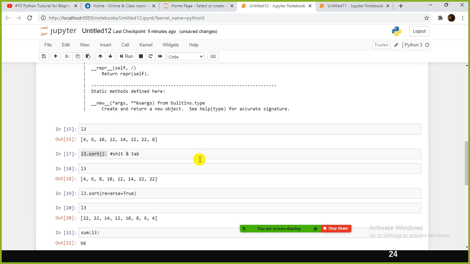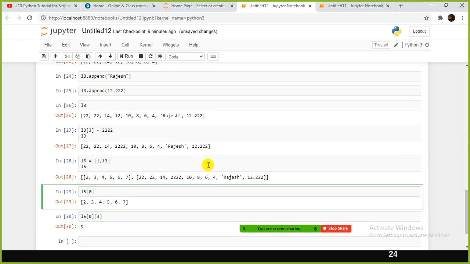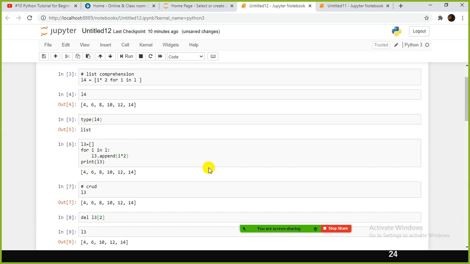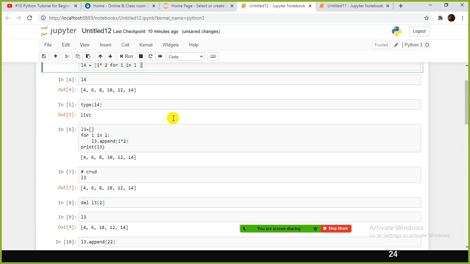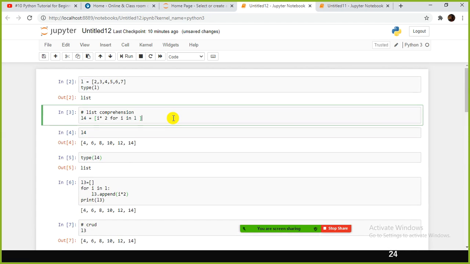So now you learned how to insert a value, modify a value, delete a value from a list, and how to clone a list, how to concatenate a list, and how to perform arithmetic operations, right? If you want to perform any arithmetic operation with a list directly, you cannot use a scalar value. Instead, one option is you can use a for loop, but for a for loop you need to write 3 to 4 lines of code. Instead, you can use list comprehension.